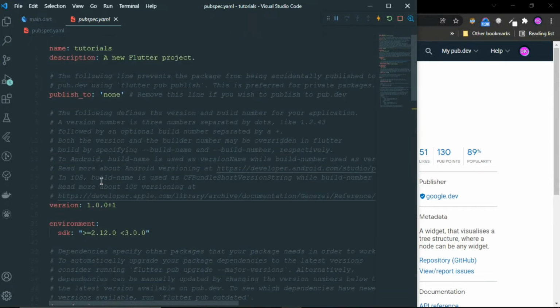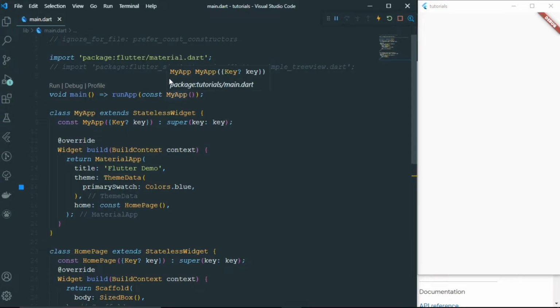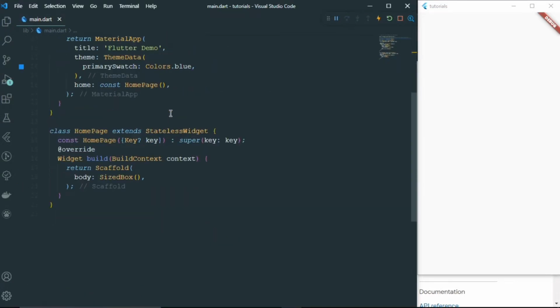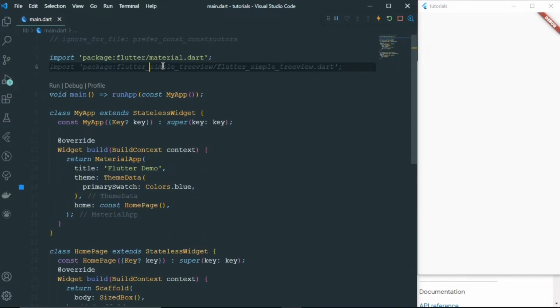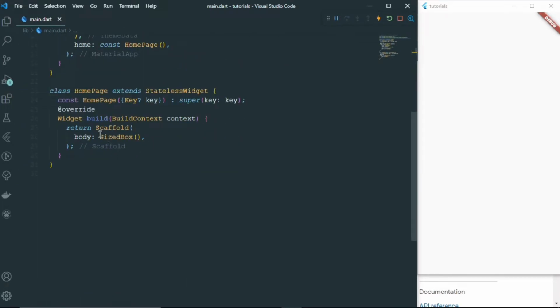So now if you want to create the tree view, first you need to import the package, obviously, and then inside the body, we can use the tree view widget that comes from the package, and inside the tree view you have to define a list of tree nodes. So let's add some tree nodes,